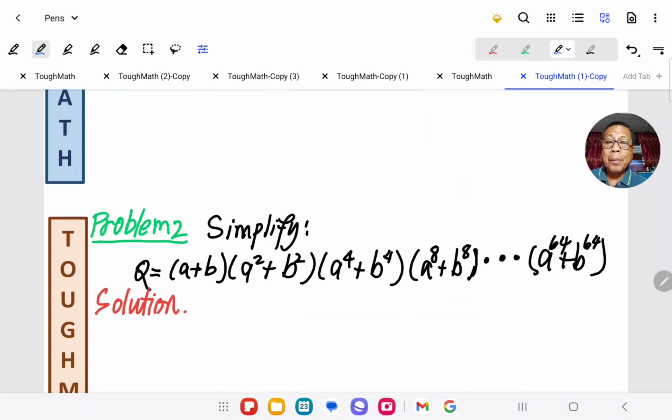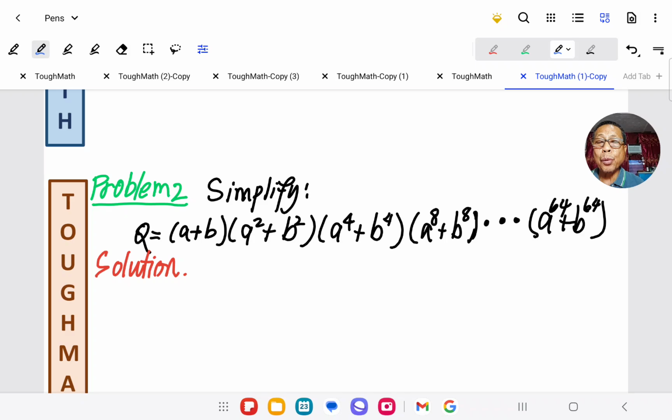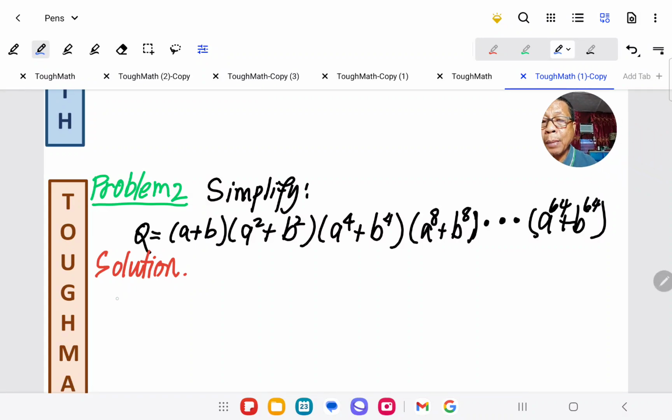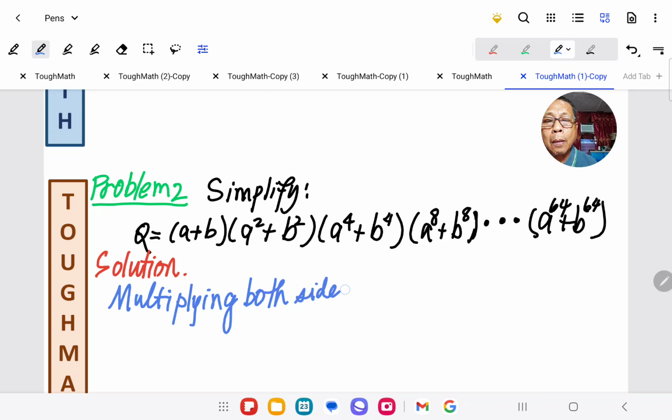Now we go to problem number 2. Simplify the expression Q, which is equal to A plus B times A squared plus B squared, and so on until the factor A to the 64 plus B to the 64. So this is very easy. You just multiply. So multiplying both sides by A minus B, we obtain